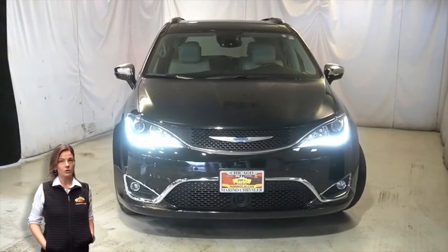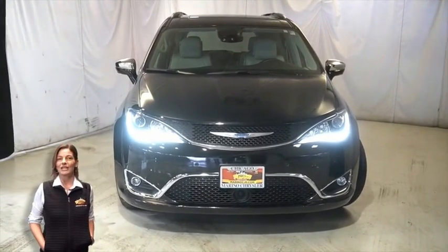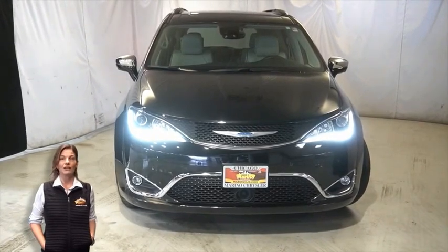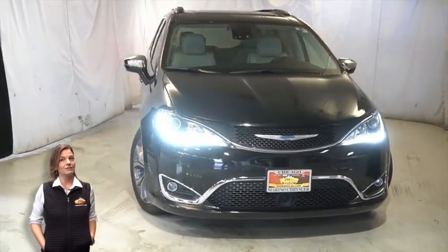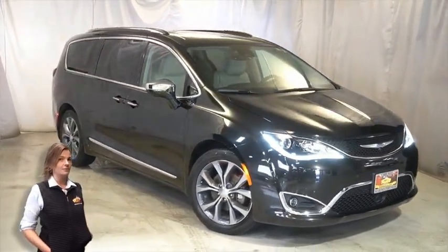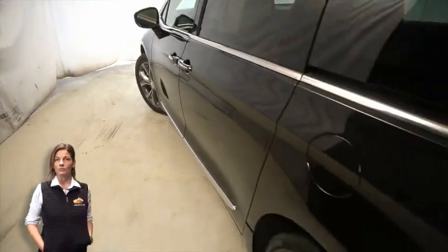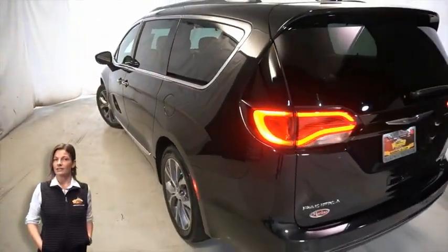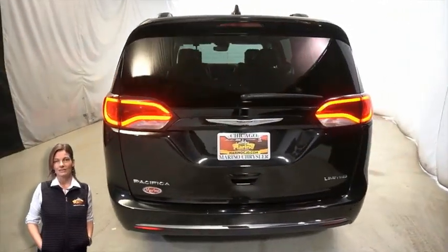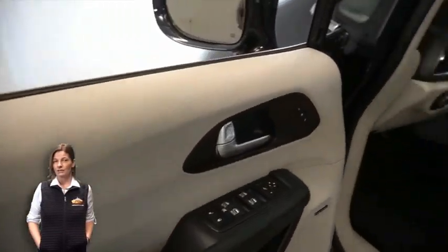Looking for a highly equipped family vehicle with all the right options and reliability? We'll take a look at this certified pre-owned 2018 Chrysler Pacifica Limited in brilliant black. With HID headlamps, LED fog lamps, 20-inch aluminum wheels, power folding mirrors, LED tail lamps, heated and ventilated front seats, heated steering wheel, 34,000 miles on the odometer,